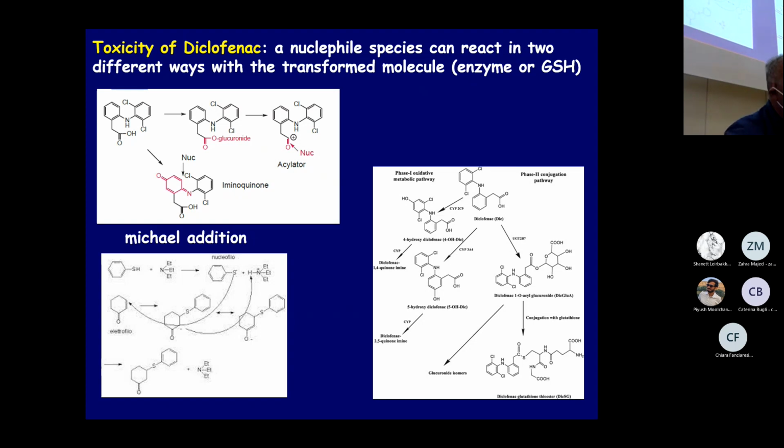But also, if you see its chemical structure here, it's possible the introduction of an OH in para position here, you see, in para position, introduction of an OH, and